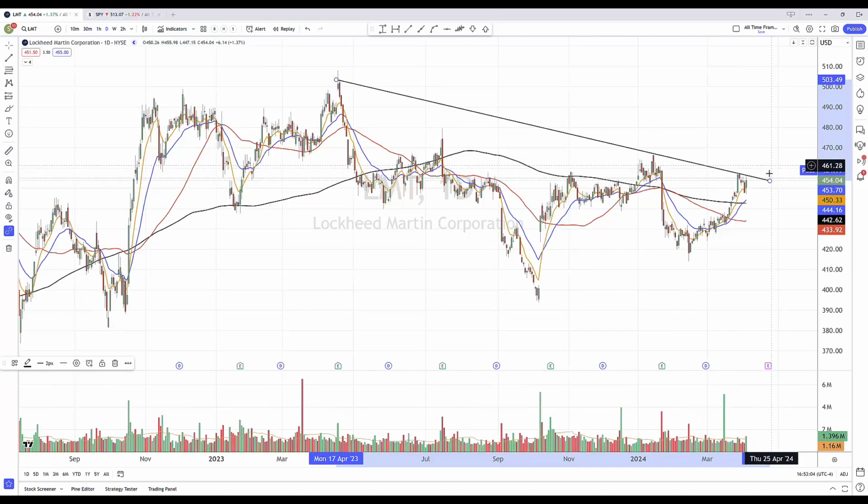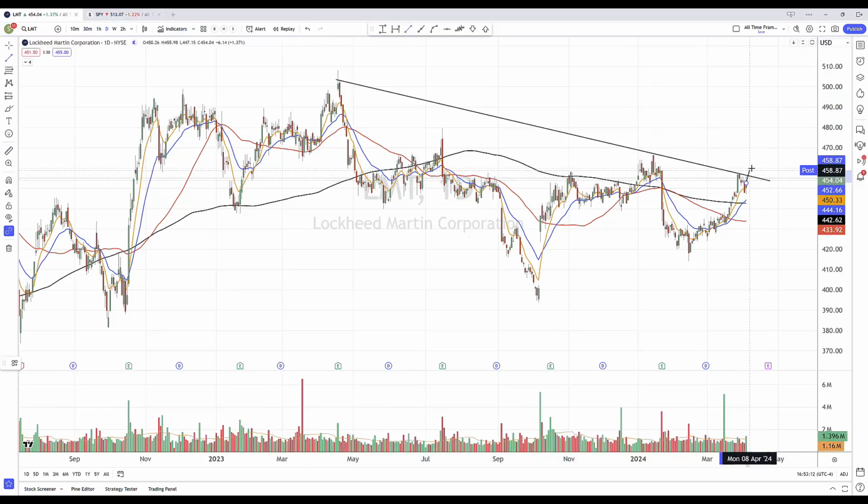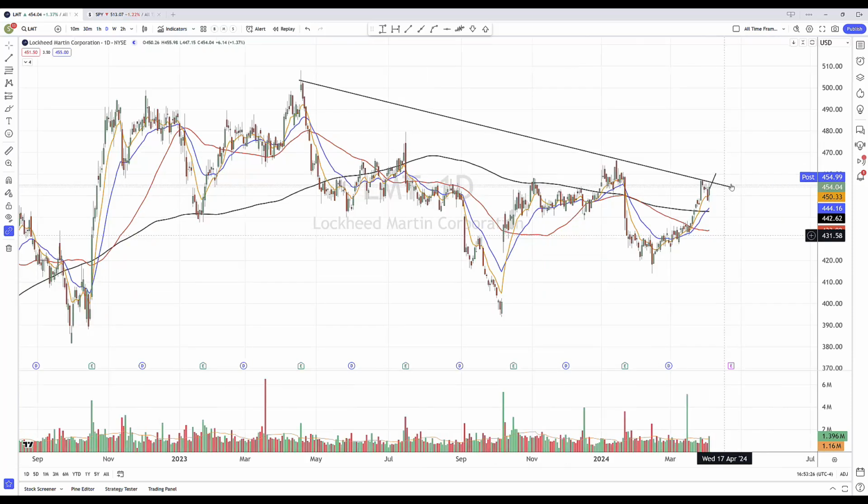So I think this level right here, right around 457, is pretty important. And if I was to buy this stock, I'd want to see a strong move through 457 coming on higher than average volume. Now, keep in mind, they do have earnings coming up this month. It looks like earnings are April 23rd. So, you maybe don't want to hold that position if it does trigger through earnings if you don't have a